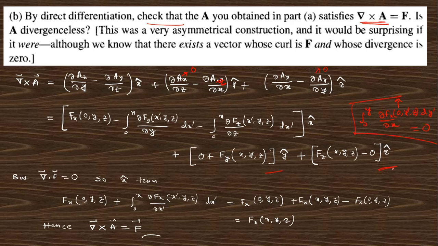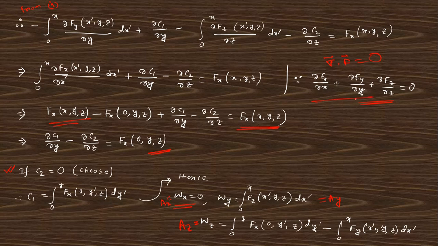Okay, so you must take these three equations and put them into this expression, and you will get this one. If there is any doubt, if you cannot do this expression, you can comment in the comment box. If you carefully do this, you will get this expression. Now divergence f is 0, so the x term can be written like that, because the divergence f is 0, so this fy and fz can be combined. Divergence f is 0 means we just write down this expression.